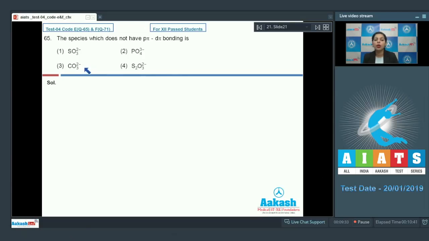The question is, why is it not there? Because in case of carbon and oxygen, in both of these elements, d orbitals are not present. That's why this type of bonding, p-pi-d-pi, is not possible in this case. And that's why I'll choose this as the correct option. Now, after this, it's a turn for question number